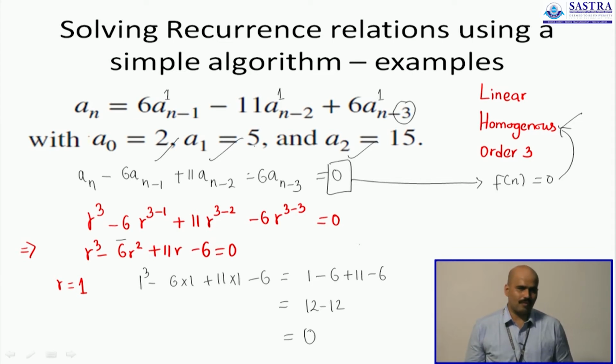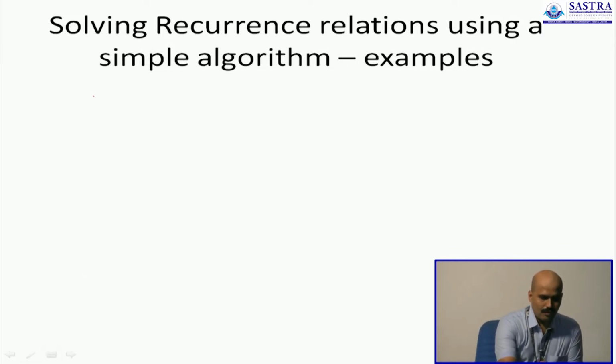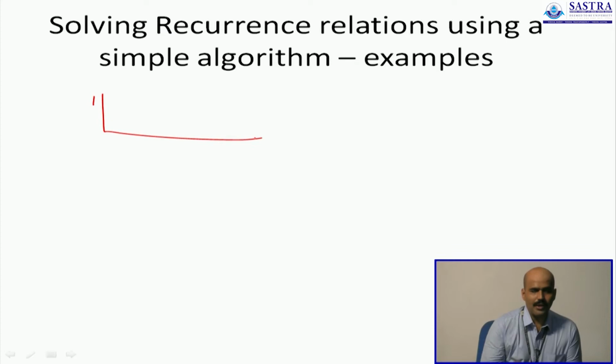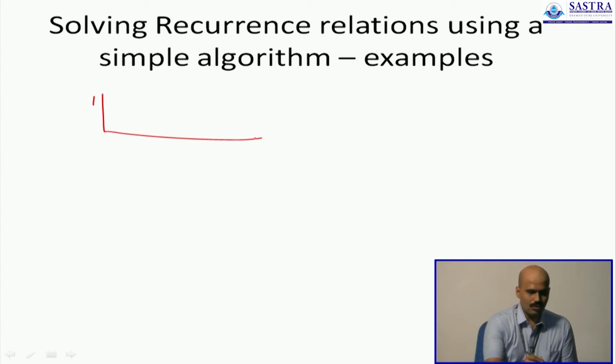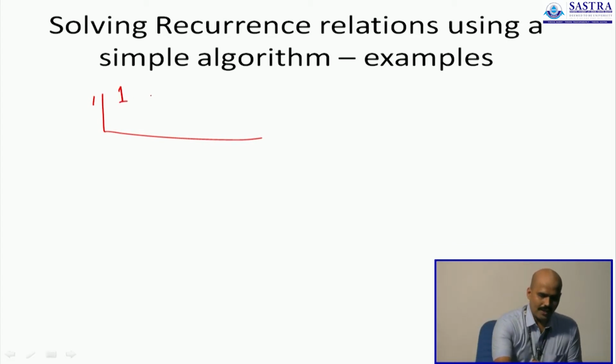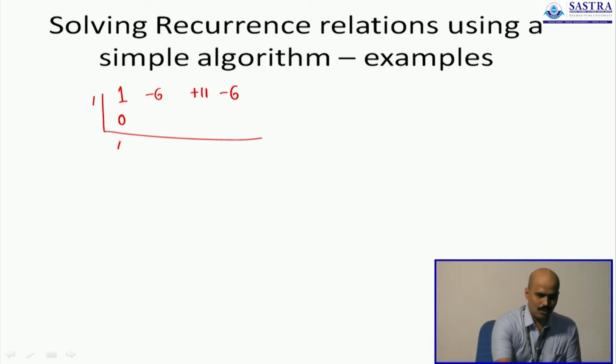So once we have found out one of the 3 roots, finding the other 2 is not very difficult. We have seen that yesterday. We have used this technique called synthetic division, wherein if you know one root, the remaining expression which factors the given polynomial can be identified. So 1 is a root, so let's write the coefficients that we started with: 1, minus 6, plus 11, minus 6, and since we have 1 as a root, we can move and simplify this.